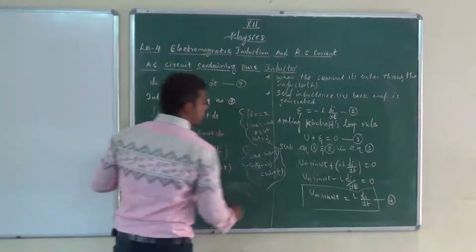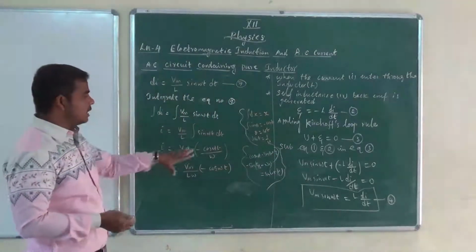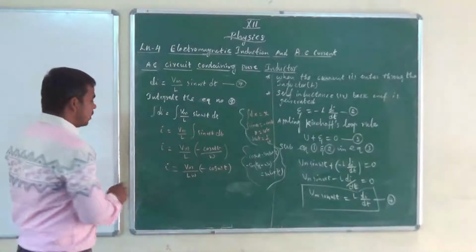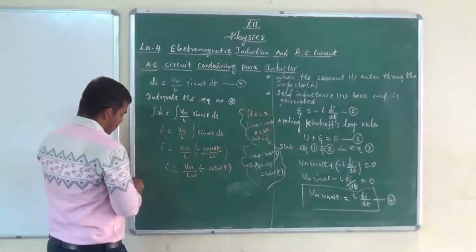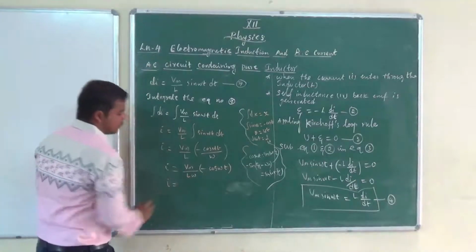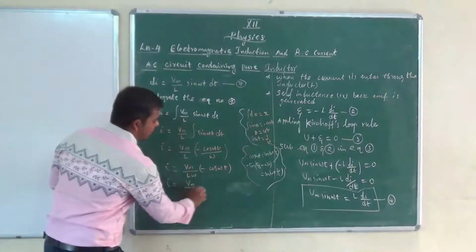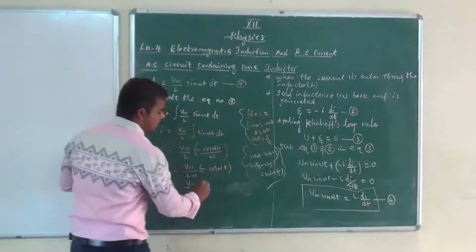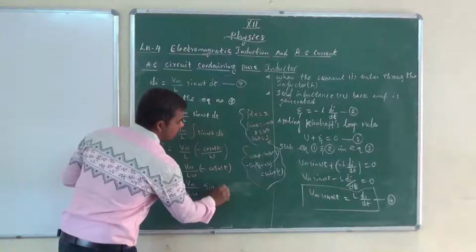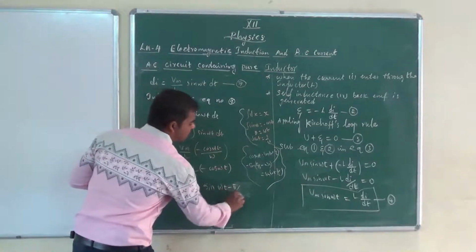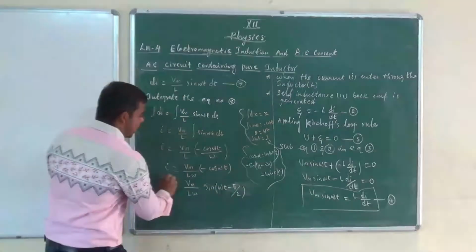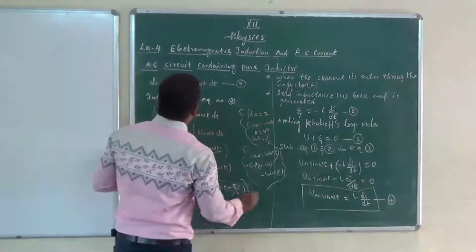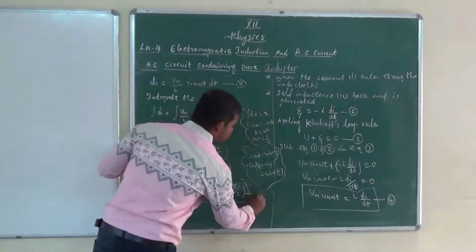If you have any confusion, please ask. Nothing is there, we just apply the trigonometric rules. So we substitute now. Vm divided by L omega, and minus cos omega t I can write as sin omega t minus pi by 2. This is our required equation. I will write it as equation 8, following the last equation 7.